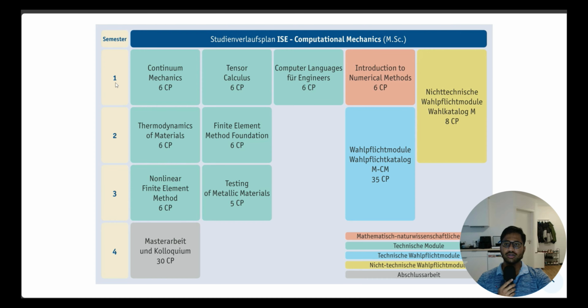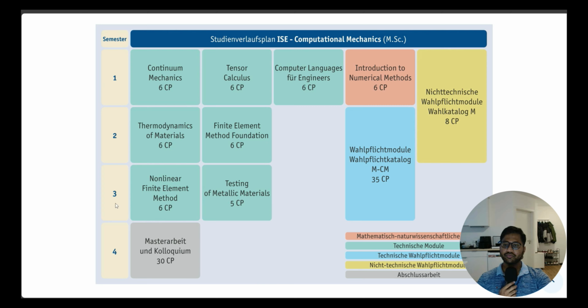So in here you can see in the first semester you will study continuum mechanics, tensor calculus, computer languages for engineers, introduction to numerical methods, and this will be a study catalog worth 8 credit points. You can finish in 2 semesters. Then in the second semester you will do thermodynamics, finite elements method foundations, then also one catalog for 35 credits, which I guess will be the normal elective, and these 8 credit points are open